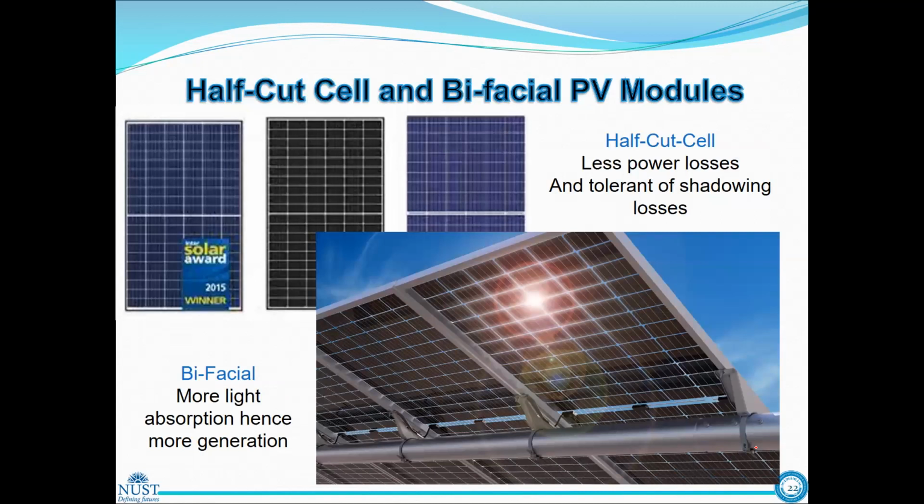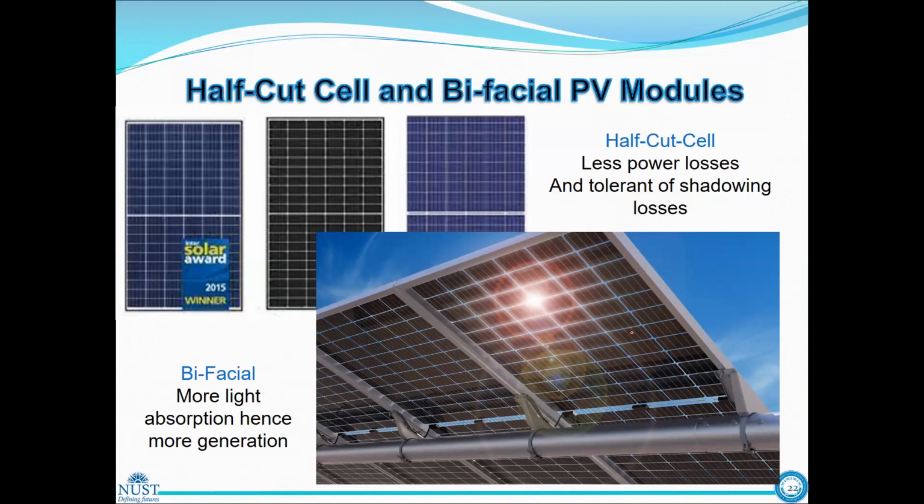Besides these traditional technologies, there are some new technologies as well, for example, half-cut cell and bifacial photovoltaic modules. You can see they can have different structure as compared to the traditional photovoltaic module. It has multiple strings on both sides connected in parallel with each other. That's why these three are without bifacial, and this is half-cut cell technology